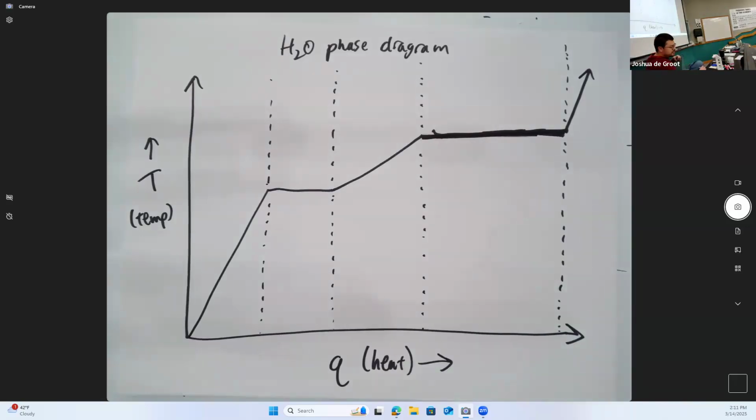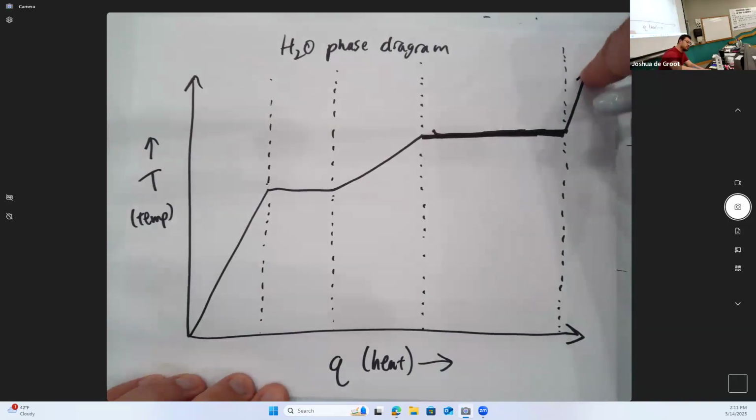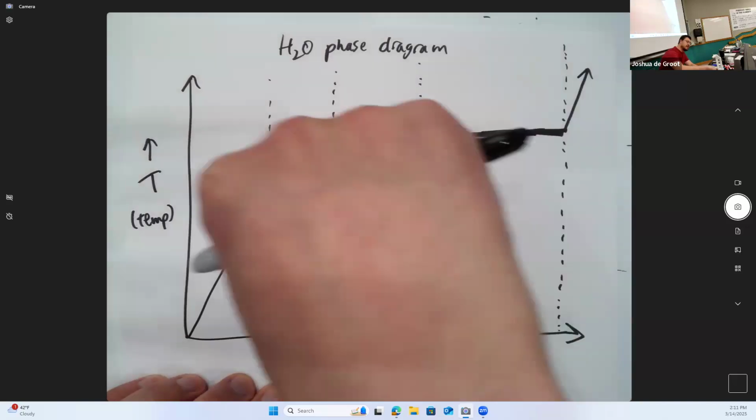So we're going to try to make sense of the strange looking shape today. Okay, maybe it's a ski hill. Okay. And then we have this flat zone, and then